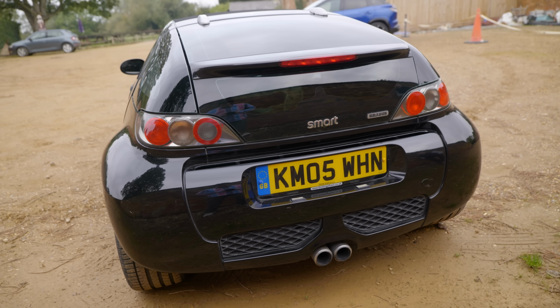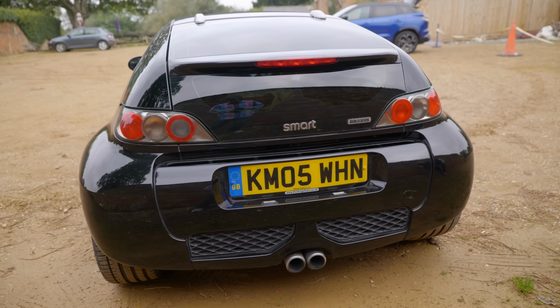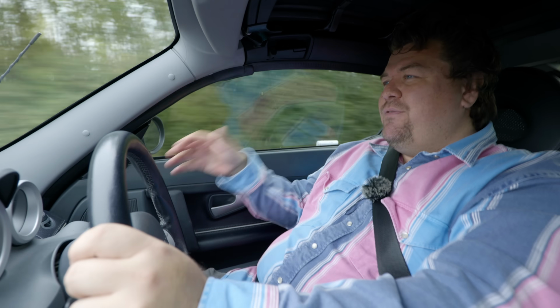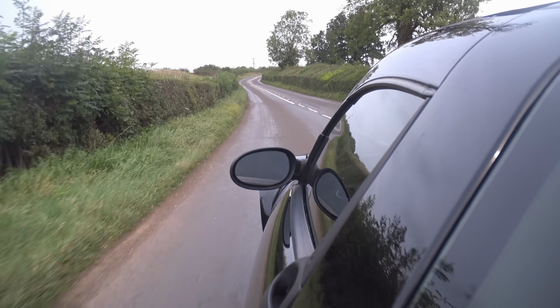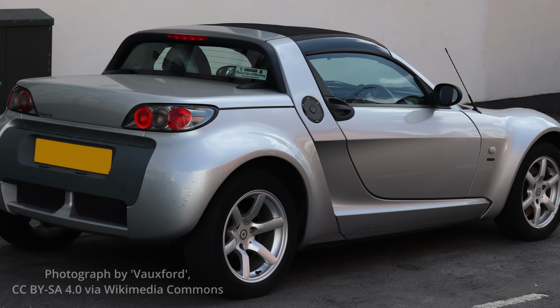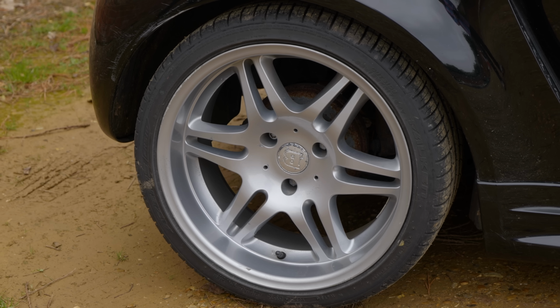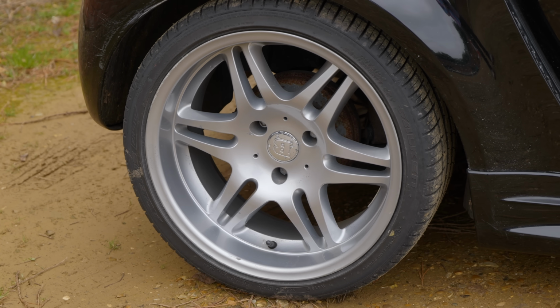In fact, the whole car, I think, is a bit of a looker. From directly behind, I think it's even got shades of sort of V6 Clio about it. I really like it. The coupe in particular is a distinctive looking thing too, and honestly I'd kind of forgotten they made them this shape. I always think of them as the regular Roadster with its sort of up, down and along sort of Triumph TR7, Porsche 914 styling. You also get these 16-inch monoblock wheels,